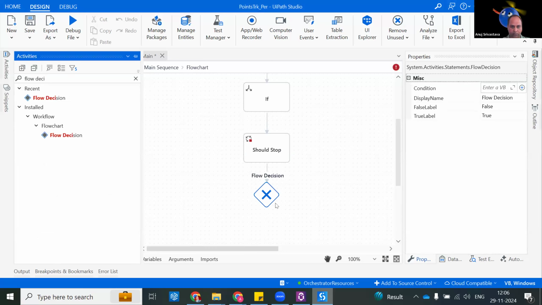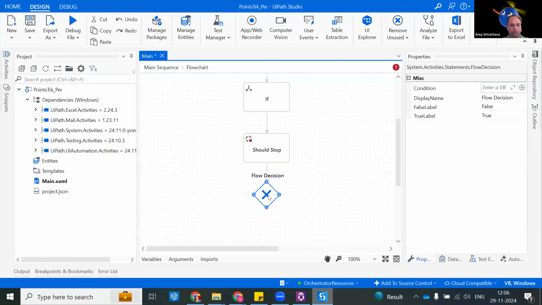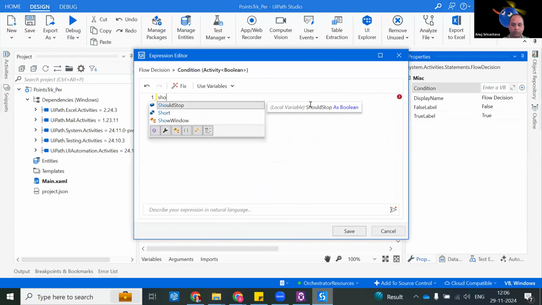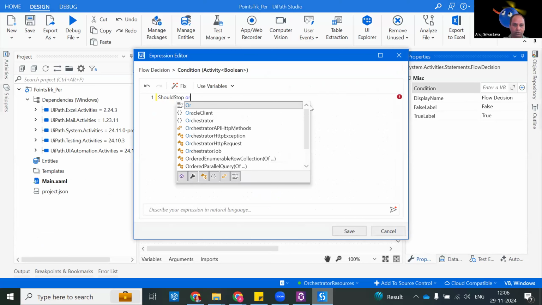So that's what you have seen. For that, I'm using an activity called flow decision, and this requires a condition to be filled. In our case, should stop or